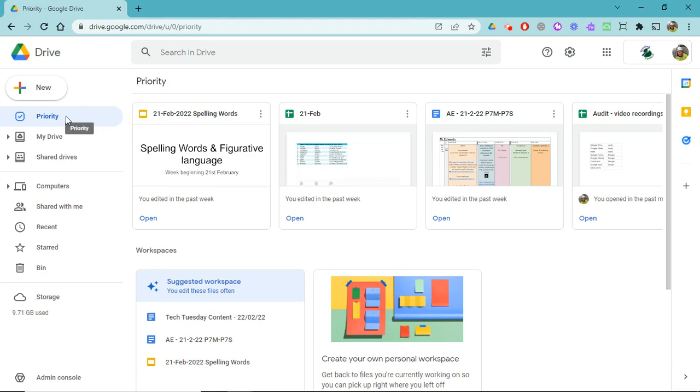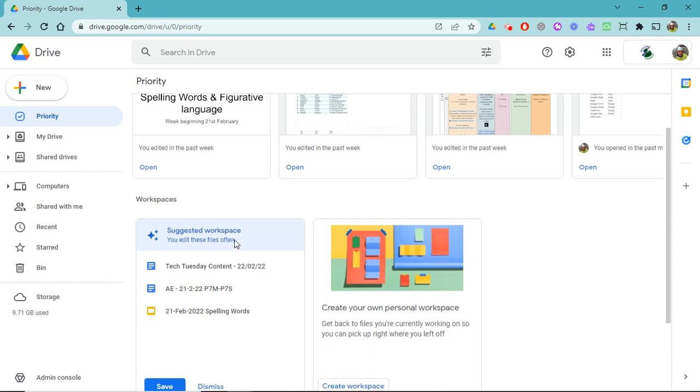Under the priority section of Google Drive, there's a feature called workspaces. And workspaces are a way of collecting files together in a place that you can see them easily. And these files might be ones that you use regularly or access regularly. And as you can see here, I've got a selection of files that I work on quite regularly, and Drive